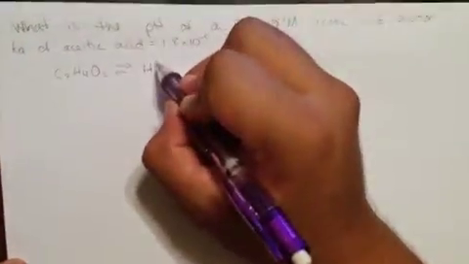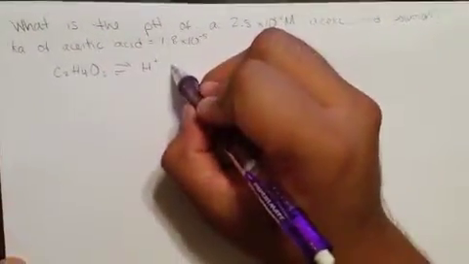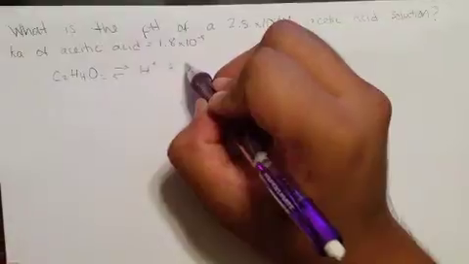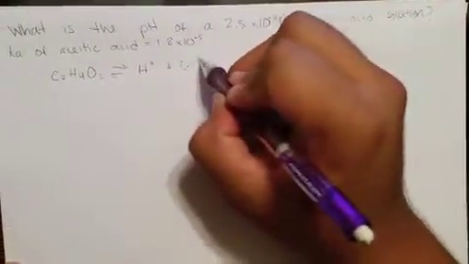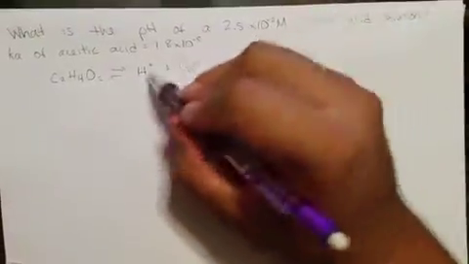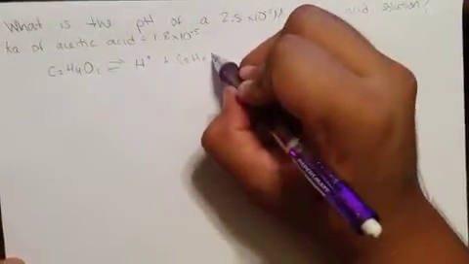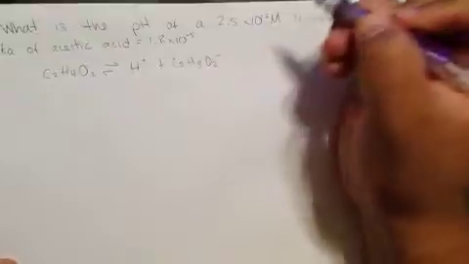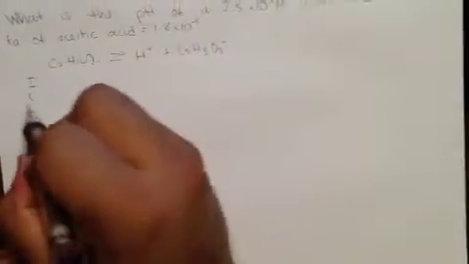So you have your hydrogen ion plus C2H3O2 negative, now it's 3 because you take away one H. Doing your ICE table,